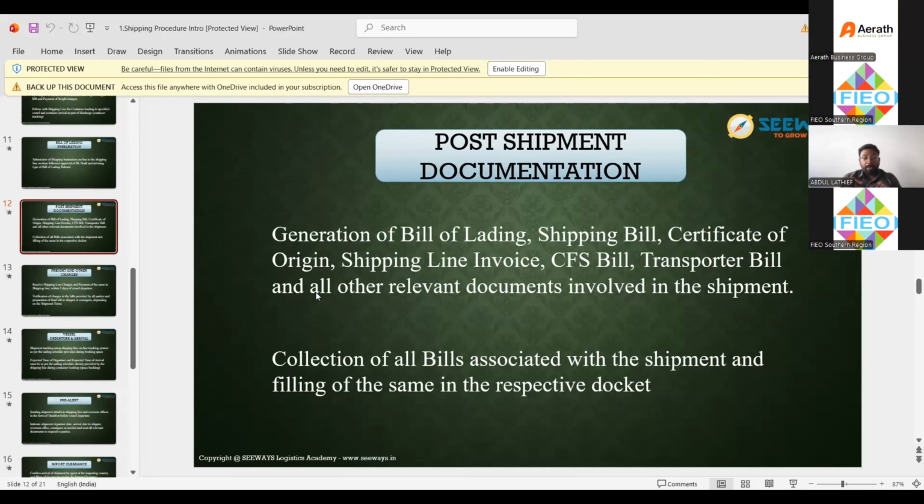Repeating it: generation of bill of lading, shipping bill copy, certificate of origin based on your requirement. If you have a requirement to collect a certificate of origin, you have to collect it. Another is the shipping line invoice, CFS bill, transport bill, and all other related documents involved in the shipment. So you have to collect all these things. Collection of all bills associated with the shipment and filing of the same in the respective docket, or what is called a